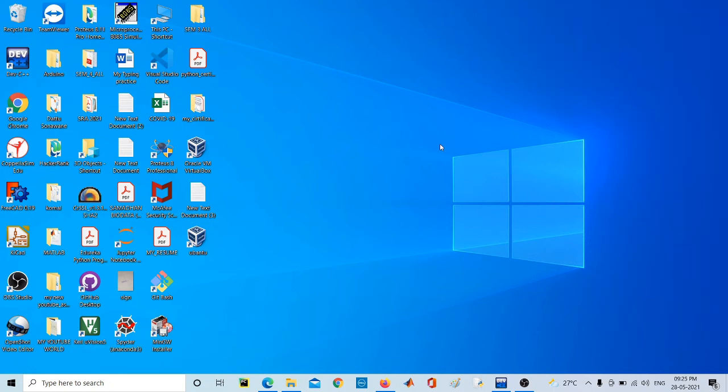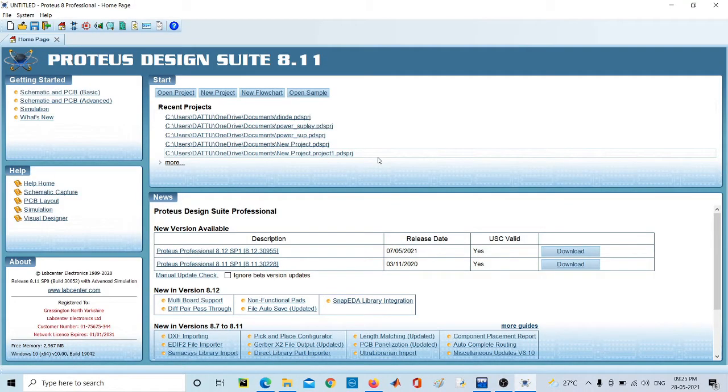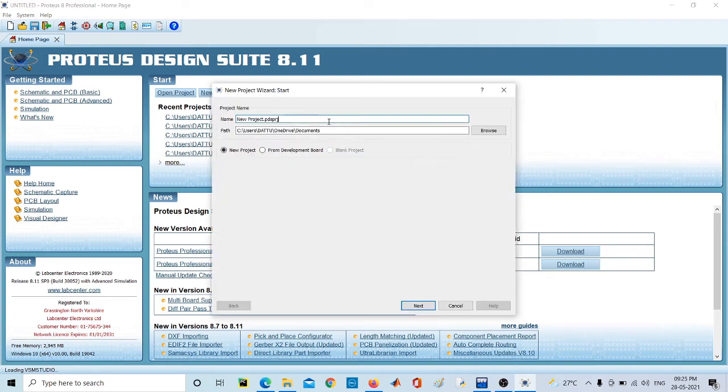Today we are going to study the voltage and current characteristics of the diode. So let's go. First, open the project. Let it open. After that, click on new project and name it, let's say, diode.